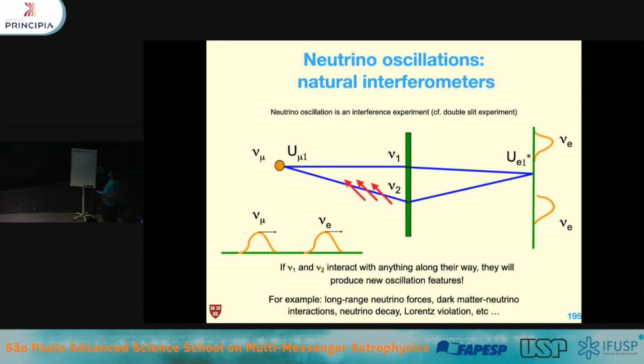What I was mentioning earlier is that, like in a normal interferometer, if something were to modify the interactions of my neutrino states as they go from the source to the detector, then this modification will imprint a change in the flavor pattern that you see in this window. So this is one of the reasons that neutrinos are so powerful for beyond standard model physics. Some of the most precise measurements that we have in physics are interferometric measurements, right? So we're essentially measuring these sorts of frequencies, but now in flavor. And I'm going to talk about examples of what those physics are later on.